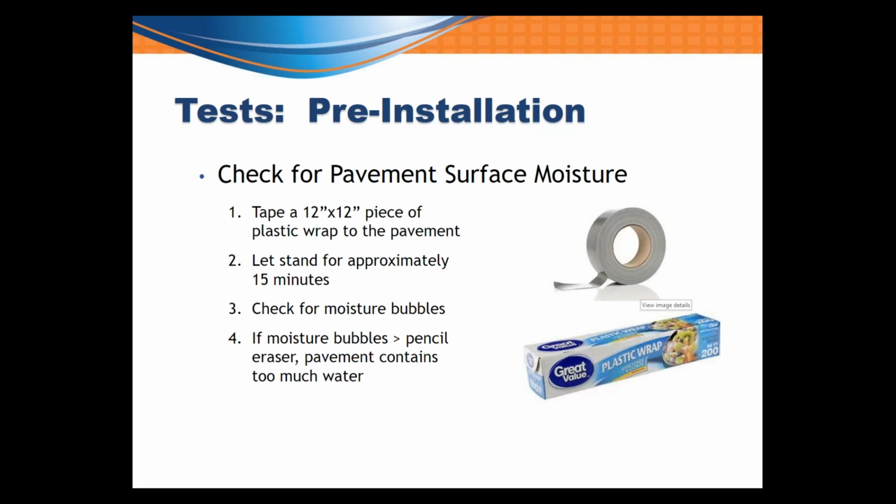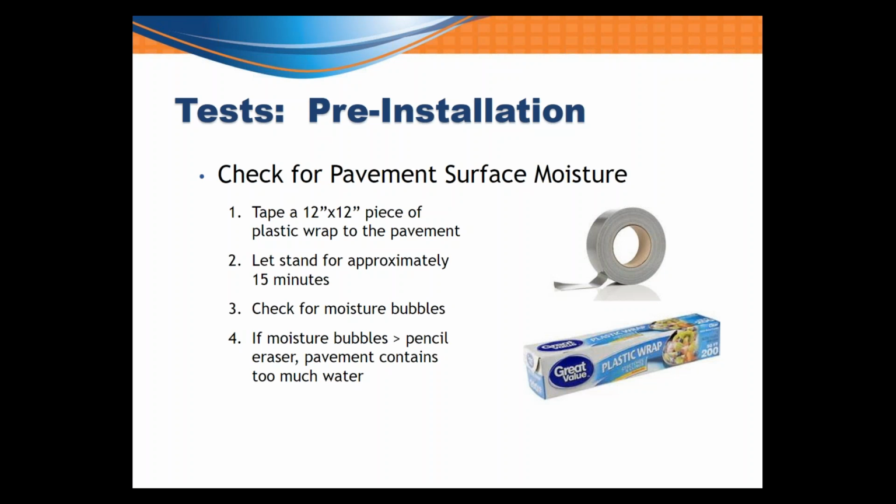Next, you're going to check for surface moisture. If moisture is present in the pavement surface, then it may prevent the marking from bonding to the pavement. The surface moisture test is a method for determining whether the pavement is dry enough to accept application of the marking material. The test steps are: number 1, place a 12-inch by 12-inch piece of plastic wrap on the pavement